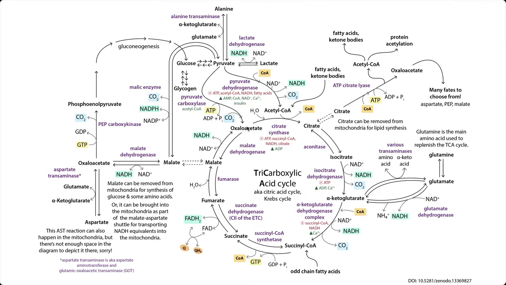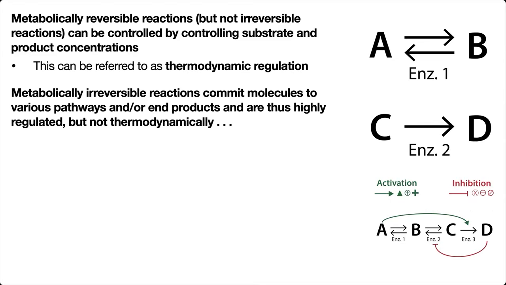Because we're taking this oxaloacetate, we react it with our acetyl-CoA and take it back through the cycle. And so we're able to keep the concentration of oxaloacetate low in order to make it so that we've got a lot more of our reactants than our products. And so even though this reaction is inherently unfavorable in this direction, we're able to make it favorable, make it have a negative delta G, or at least a neutral-ish delta G, even though it has a positive delta G naught. So if we have these metabolically reversible reactions, we can see how just by controlling the concentrations, we're able to control the directionality.